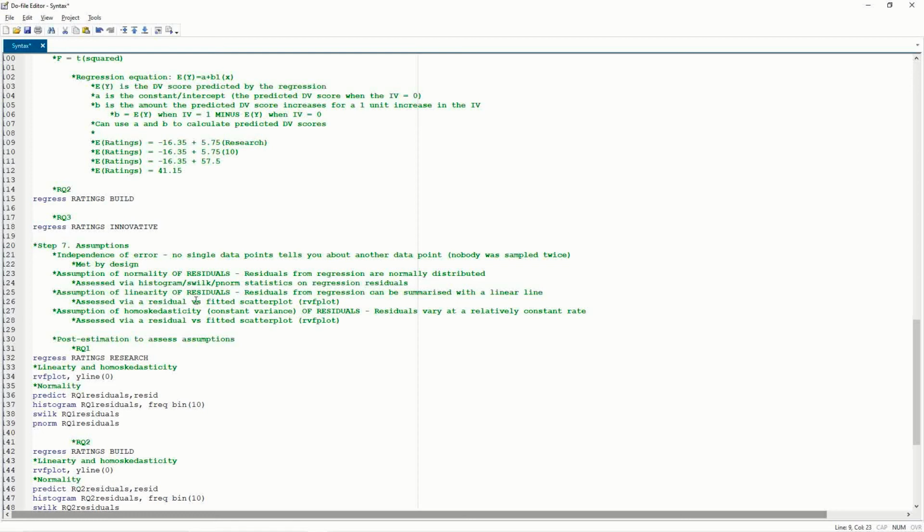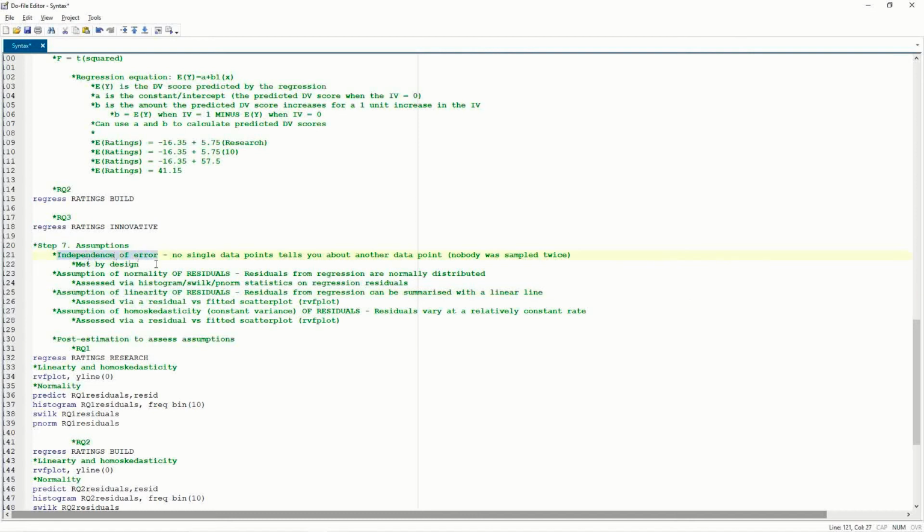Right, so now that we have run our regressions, we need to move on and look at the assumptions of those regressions. As we've already spoken about, regression has this straight line that it creates, and it makes the assumption that the difference between 0 and 1 on this straight line is the same as 1 and 2 and 2 and 3 and so on. So this equates to one of the assumptions, the assumption of linearity, so we need to first of all demonstrate that that makes sense. Other assumptions that come with regression, so other underlying expectations of this analysis, is that we